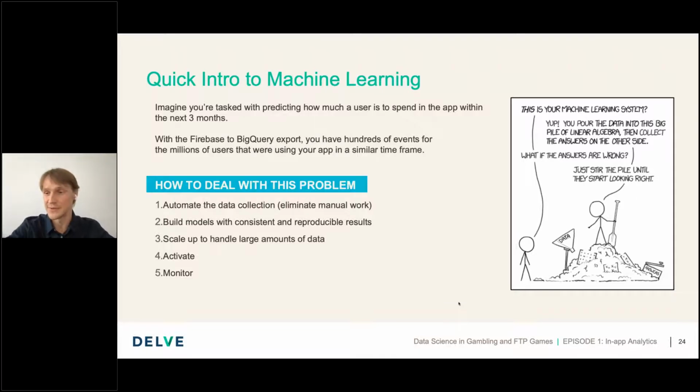Like if there is automated data collection in place, which eliminates manual work from your team and allows more time to be spent on analysis, on modeling the data. And if models are built with consistent understanding of the data, of the processes and context, what is more important, and make reproducible results. For instance, if you train a model on yearly special event data on special occasions like sales and so on, it's not going to perform as expected on the more low season data and on an